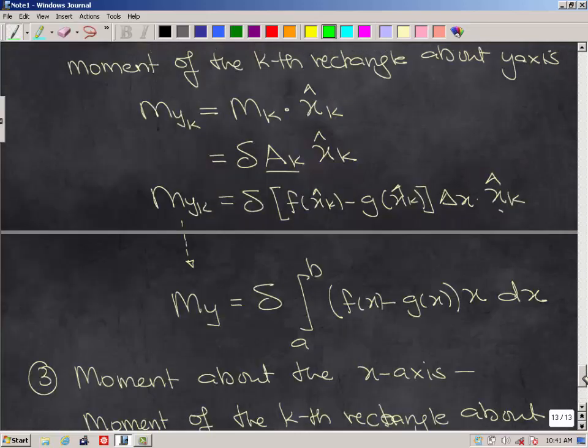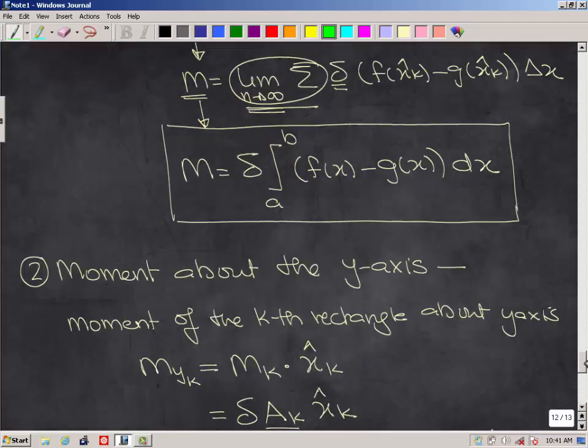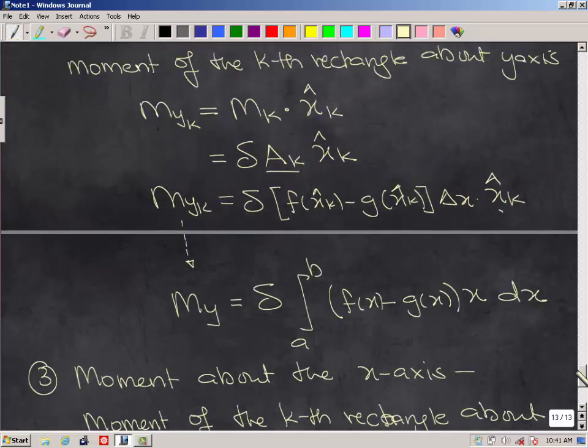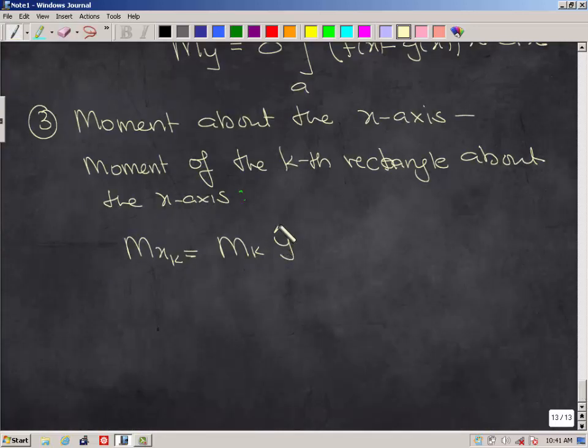because I need a y hat sub k. We never use y hat sub k. We have x hat sub k, but we never had to worry about y hat sub k. So we'll call this m sub x sub k is equal to mass. Just like before, it's going to be mass, and instead of this we have y hat sub k. So how do I find that? Well, that'll just be the average of the top and the bottom values,